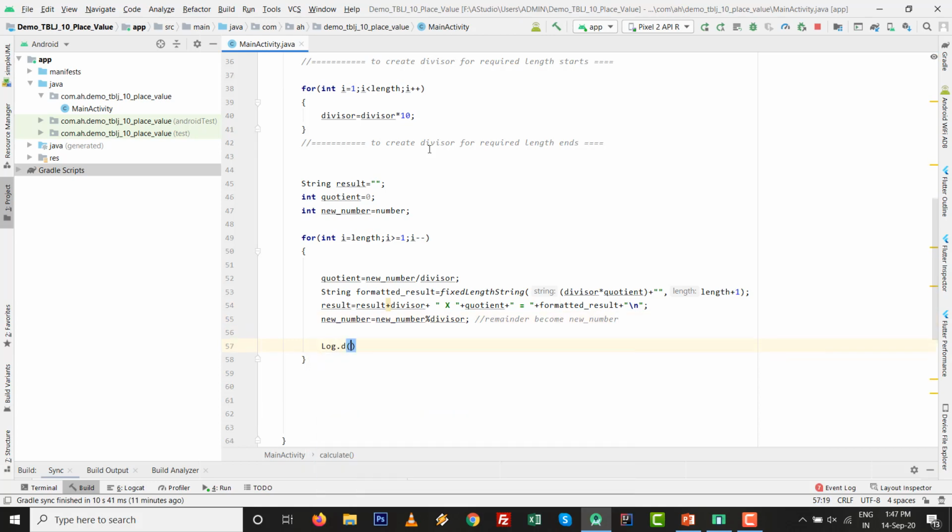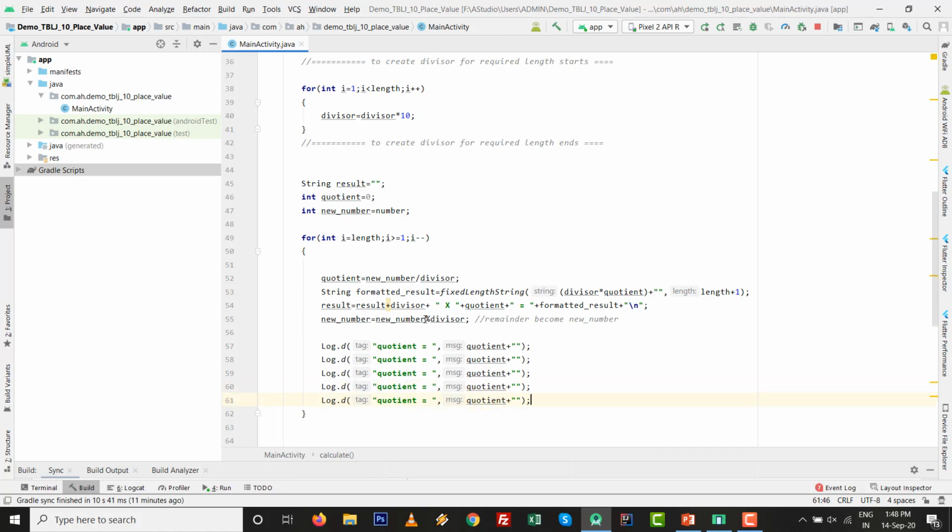For our satisfaction I type certain logs. First the log for the quotient, so I copy this one, Control C. Why are we writing logs? Log is the friend of the developer. So first is quotient, I copy this one, Control C, and paste it 4 times.